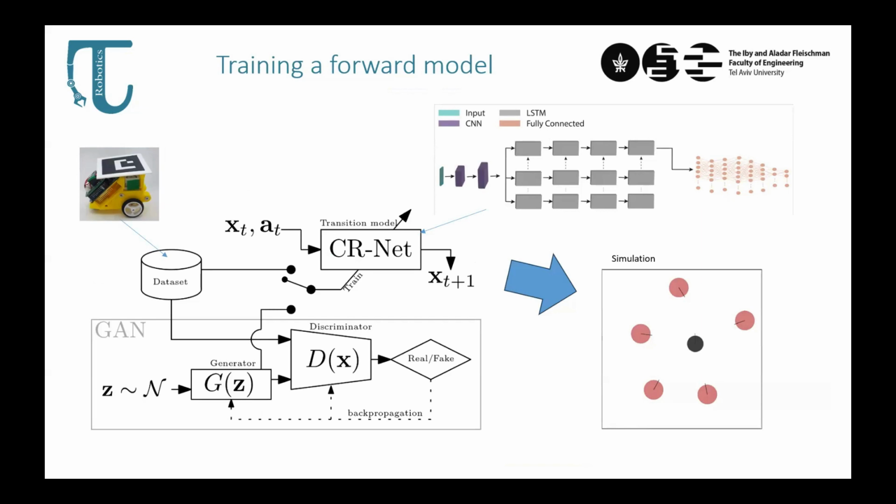So the idea is, let's collect a limited amount of data, not a lot. One option is to just go ahead and train the transition model. We did some work on an architecture for a transition model that was better than others, but that's less important. We can take the data and just train this model, or we can use a generative adversarial network to generate synthetic data. And the claim was that with this we can have a simulation of the system.